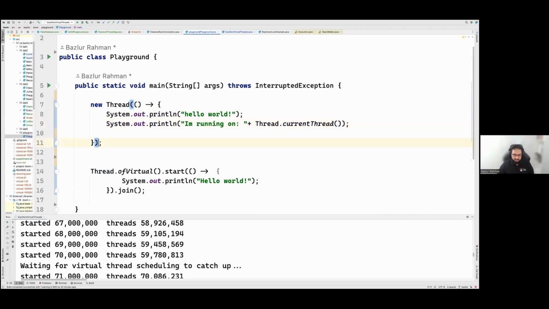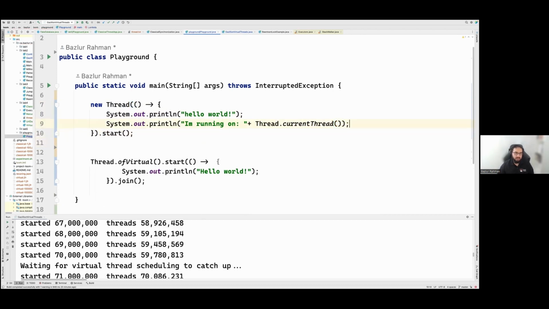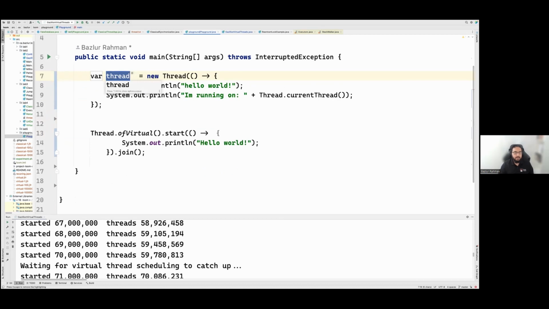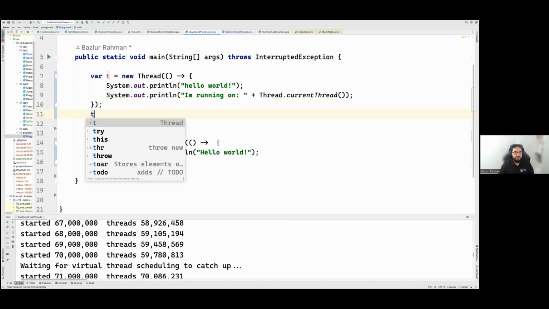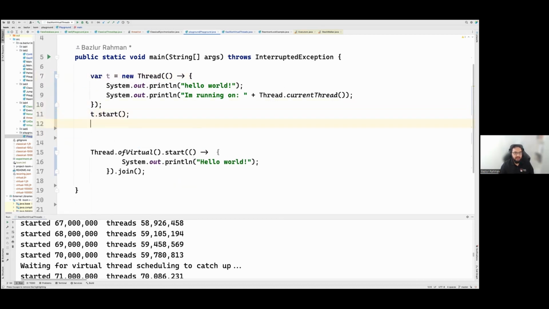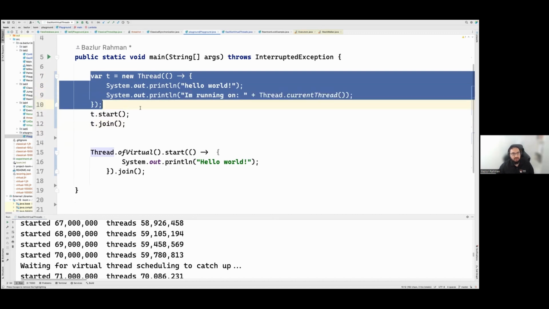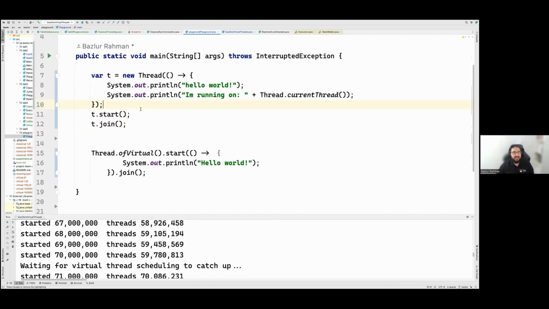And we can call start. Maybe we can keep that in a variable, let's call it t, then t.start(), t.join(), so that it waits over here until it finishes. So that's definitely the traditional way of creating threads.